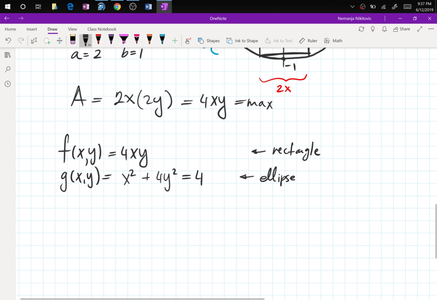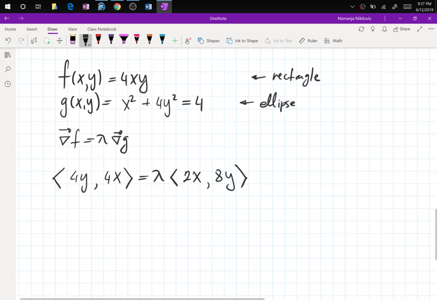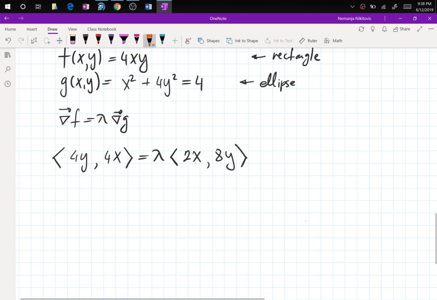So now we calculate del f equals lambda del g. So del f, partial of x is 4y, and partial of y is 4x, equals lambda times another vector, which is del g. Partial of x is 2x, and partial of y is 8y. So now I have an orange equation, which is 4y equals 2 lambda x, and a blue equation which says that 4x is equal to 8 lambda y,